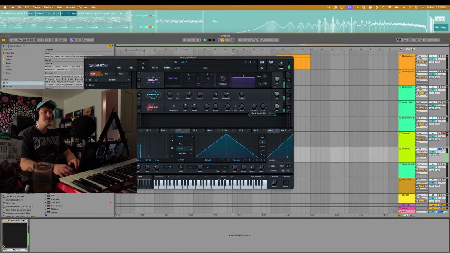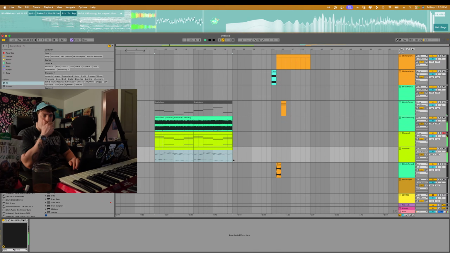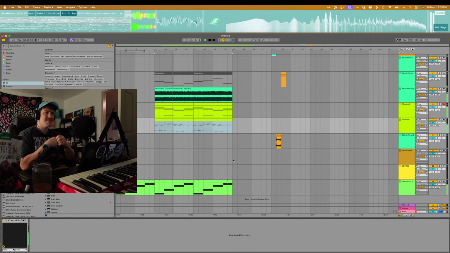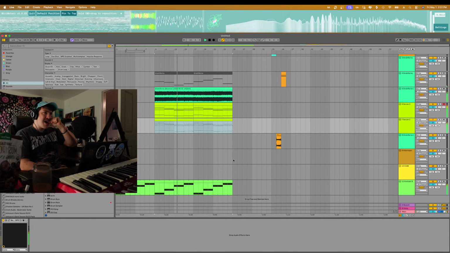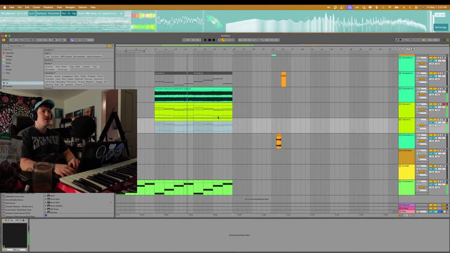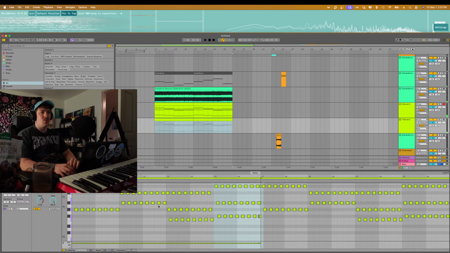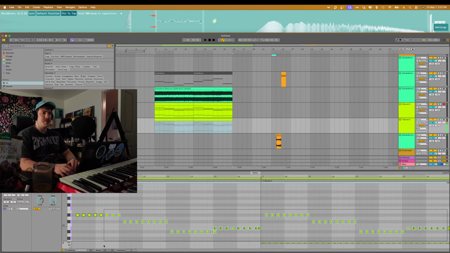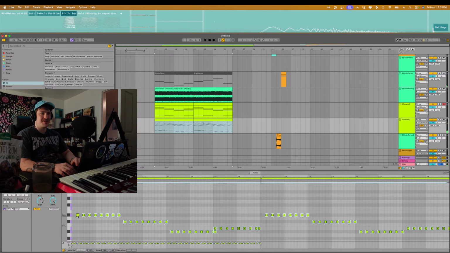Coolest effect. So sick. Now we've got way too much low frequency information in here, and that's partly because this arpeggio is also going all the way down there, so we're gonna just